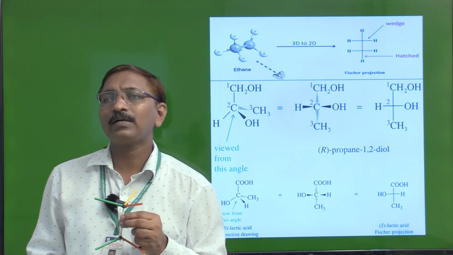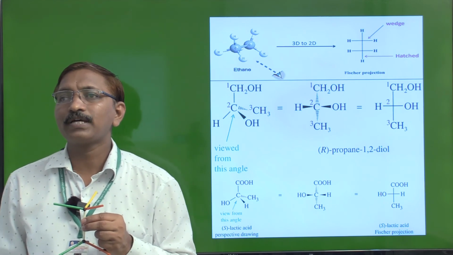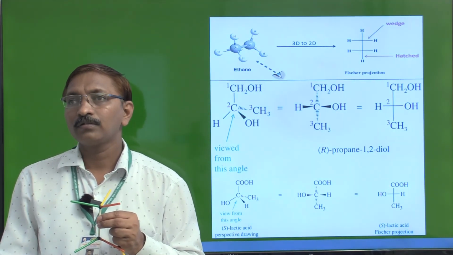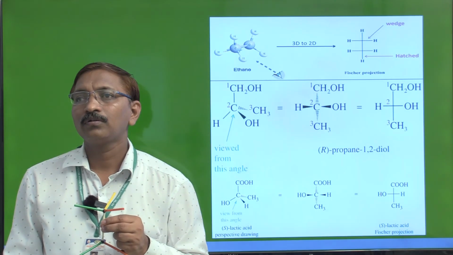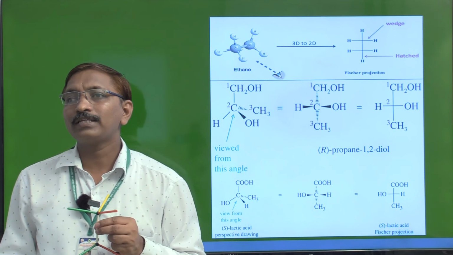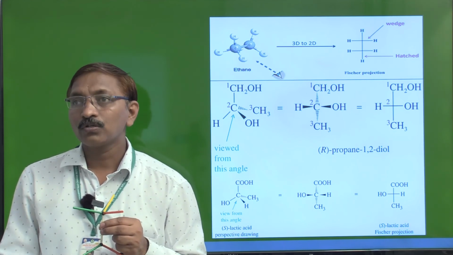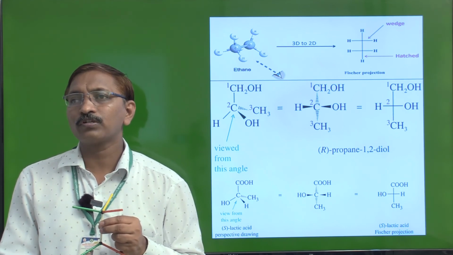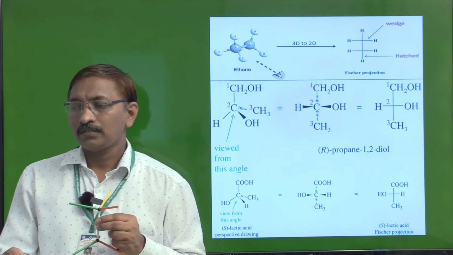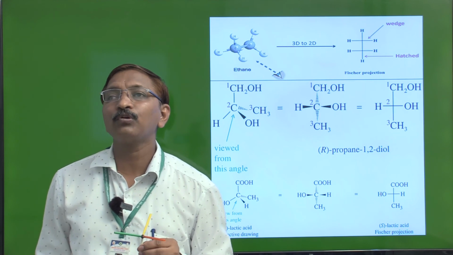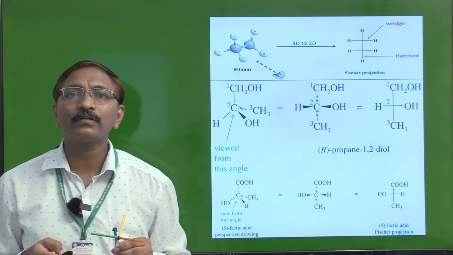Now we can take one more example, that is lactic acid, in which 4 different groups are there, that is COOH, methyl, hydrogen and the corresponding OH. So here, when we represent this molecule, the COOH group and CH3 group are going behind the plane, so they can be represented by a vertical line, while the hydroxyl group and hydrogen are viewed towards you, so they are represented by the horizontal line. So in this way, by using the Fischer Projection formula, we can represent the molecule in 3 dimensions, and that is very important